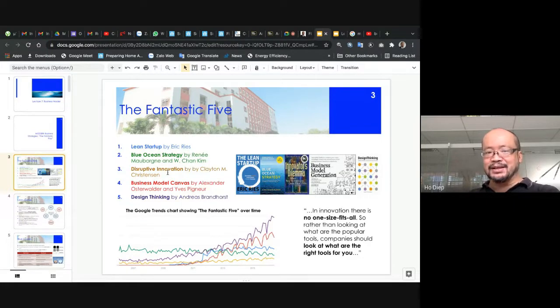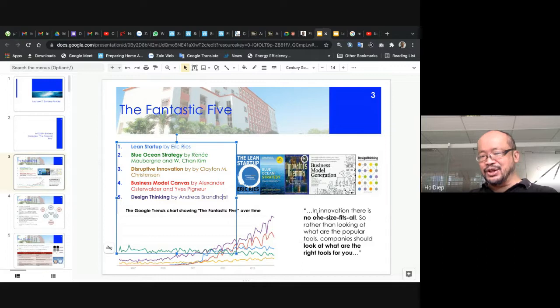So be careful that the most trending of the Fantastic Five will not necessarily be the best strategy for you. Each one of you will have your own business ideas, and each business will require a different business model. So in innovation, there is no one size fits all. Rather than looking for the most popular or the most trending tools,